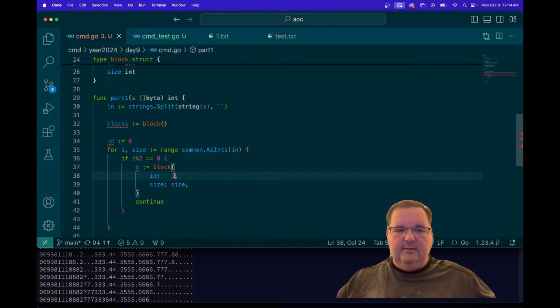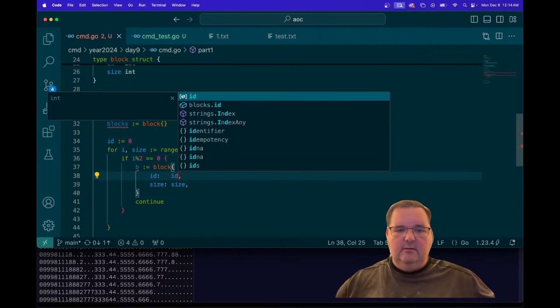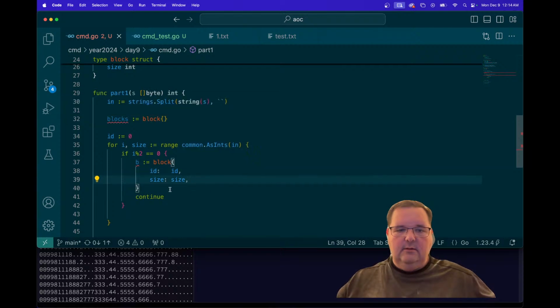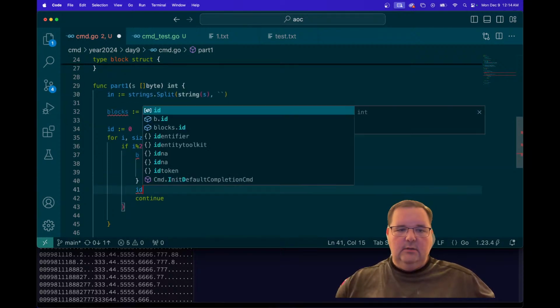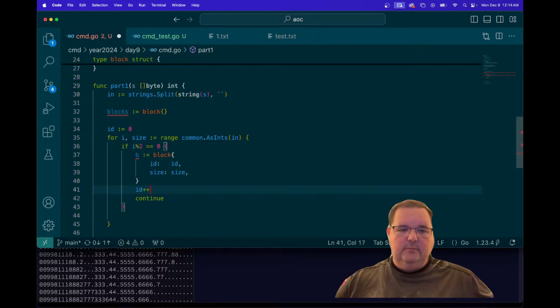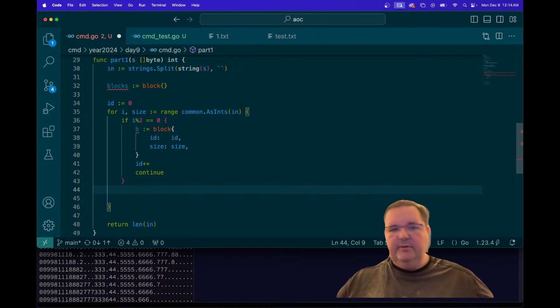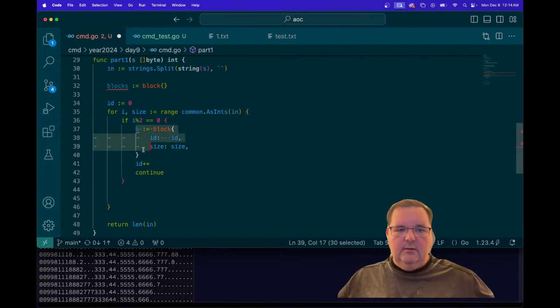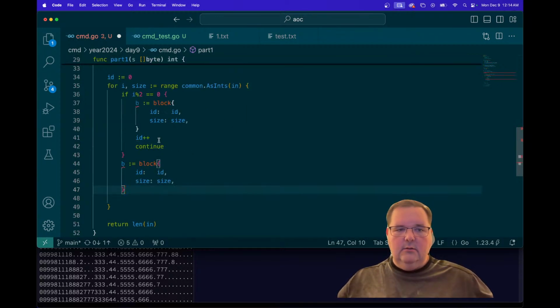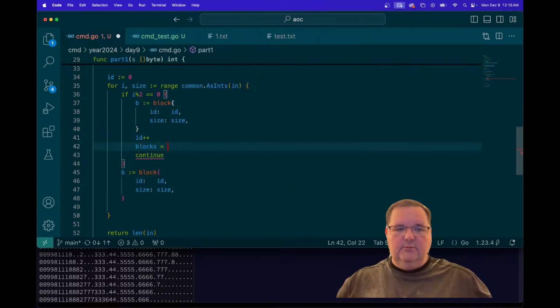And then this will just be ID plus plus. We'll increment it each time. And that'll be on the first one and then every other one after that. Otherwise, we are going to create a block. And so we'll do blocks equal to append block